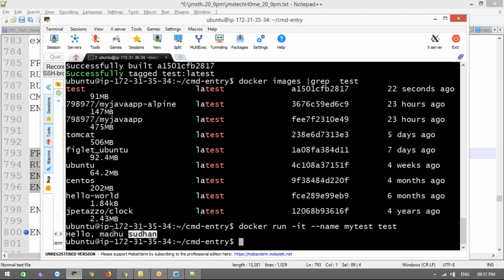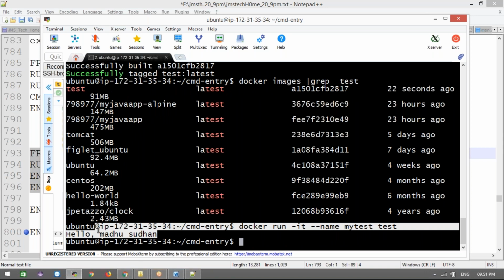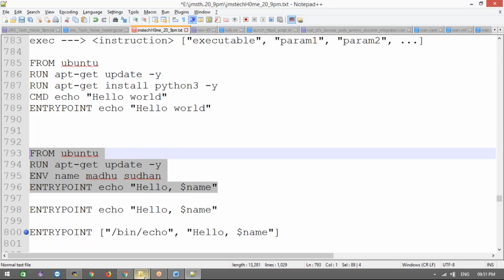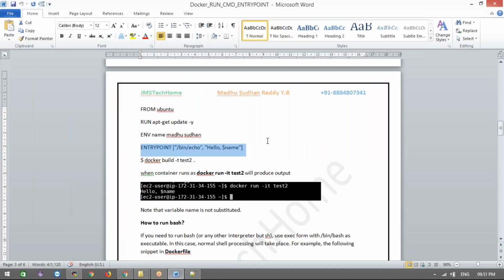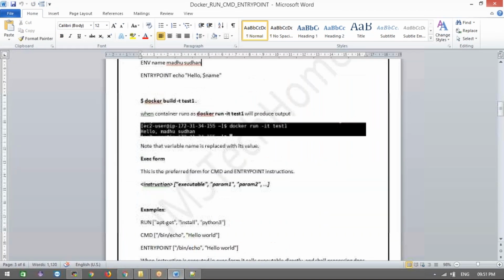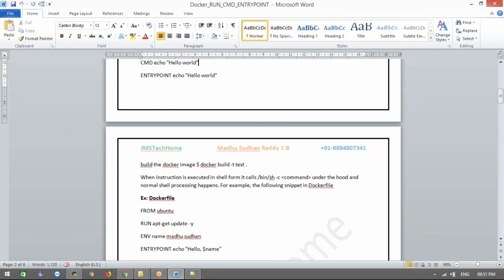The shell form directly uses the /bin/bash -c command. What does that mean here? Let me show you. When your instruction is executed as a shell form, it calls /bin/bash or /bin/sh, whatever it is using, and it will run this command with the built-in echo.